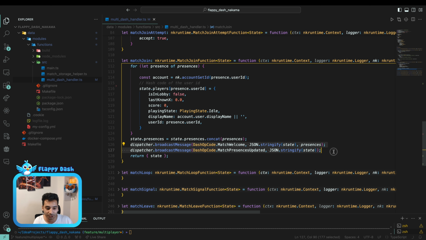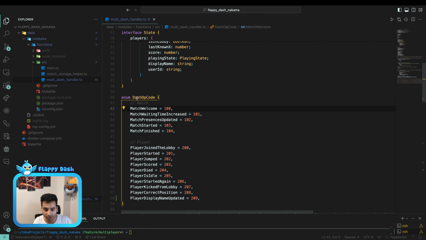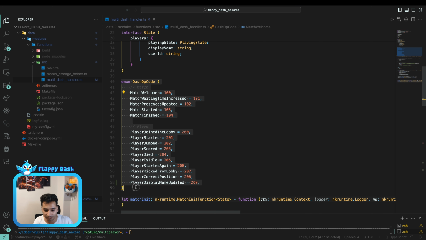And here we just broadcast 2 messages to everyone. So as you remember, we have something called OP code. So we just created an enum for it. We have some codes for the match and some for players. And at first, let's take a look at the OP codes for match. For example, 100 range is for match, 100 is match welcome, 101 is match waiting time increased, 102 is match presences update.